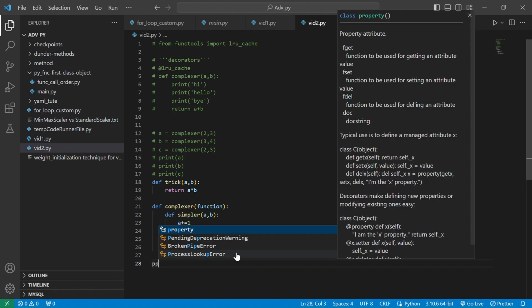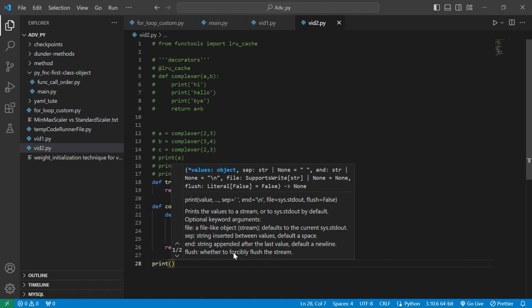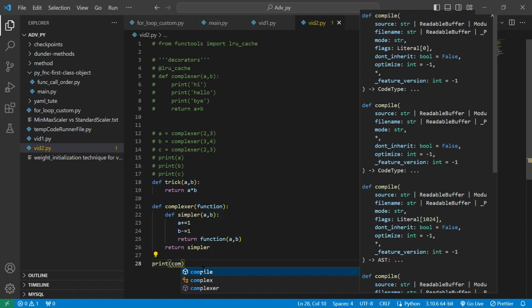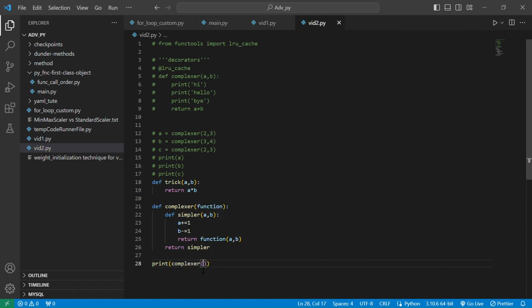So now if I want to print it, right, so I have to call complexer, right? So let's say I have called complexer, so I have to give a function, right? So let that function be the trick function. I just have to include the name. I've told you in the previous video also, right? And what I'm doing is I'm calling this function and I'm putting the argument as print function, and this whole thing is going to return me a simpler, right? But I have to call the simpler also, right? And for that I have to again give the simpler parameters. So the a and b of the simpler parameters will be fed here now, 2, 3,